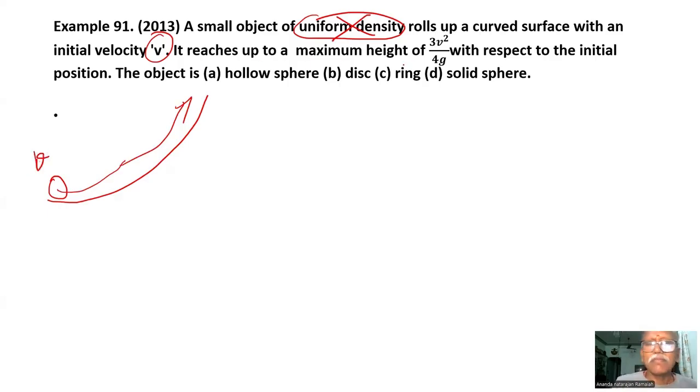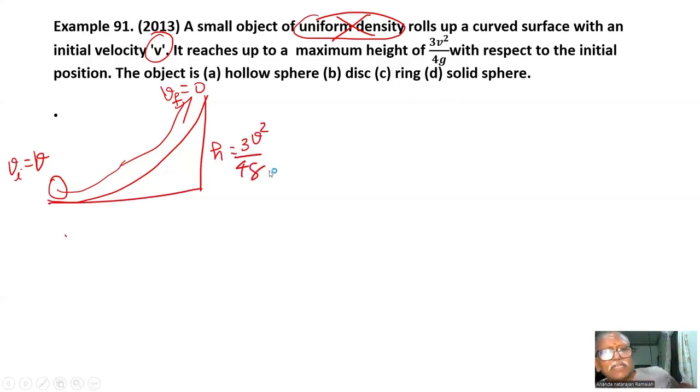It reaches up to a maximum height. Initial velocity v, what is the final velocity? V equals 0. Final velocity is 0. Initial velocity is v, because it is climbing somewhere. The height it reaches is h equals 3v square divided by 4g. That is h with respect to the initial position. What is the question asking? So we have to find